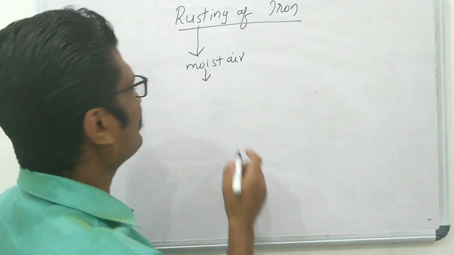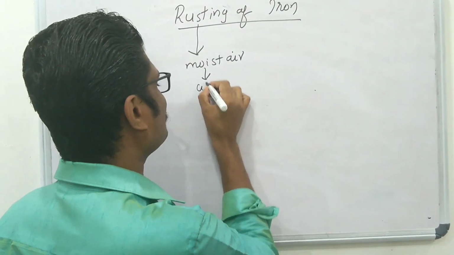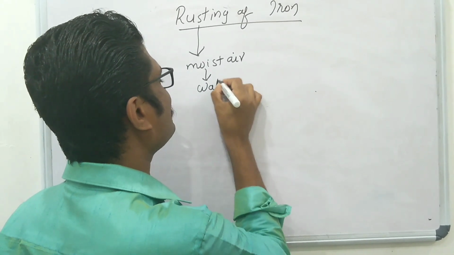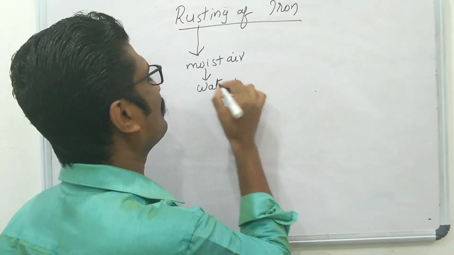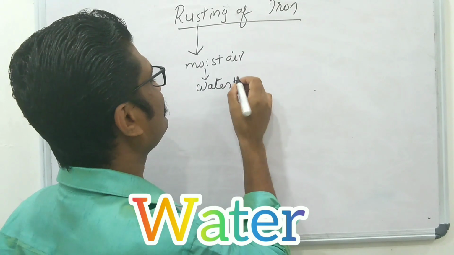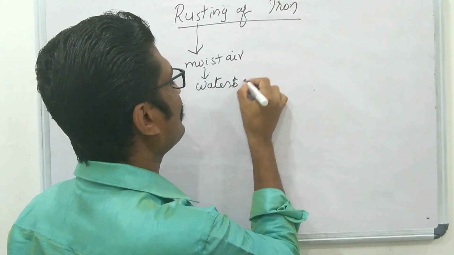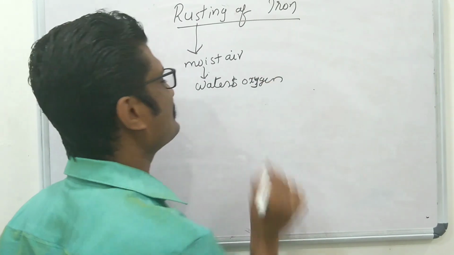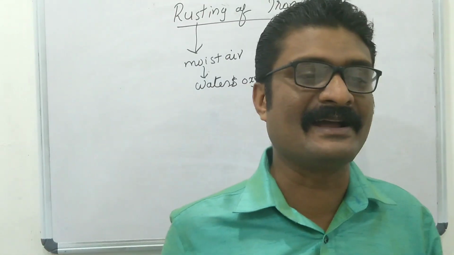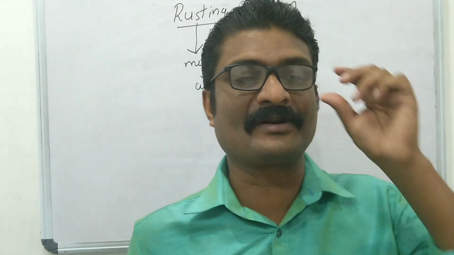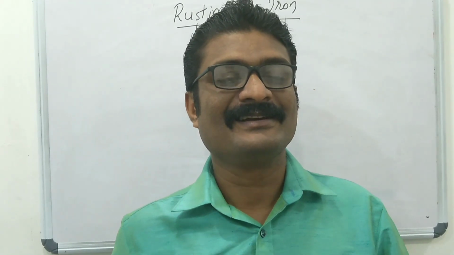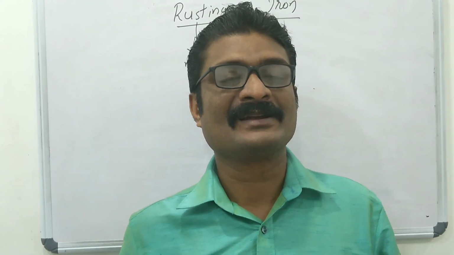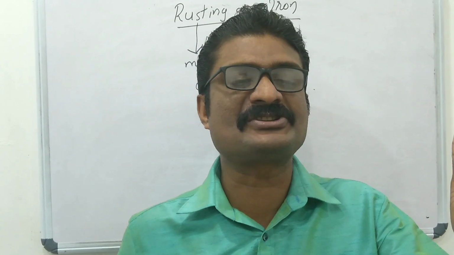So we can say the process of rusting takes place in the presence of water and oxygen from air. Iron, when exposed to moist air,